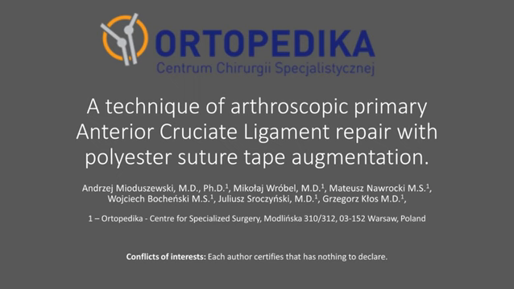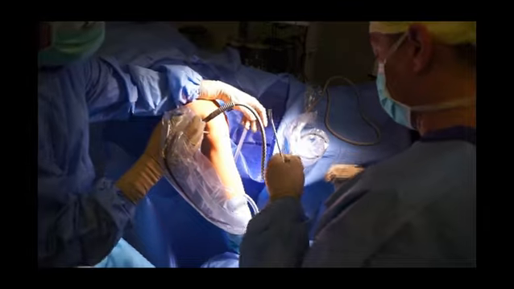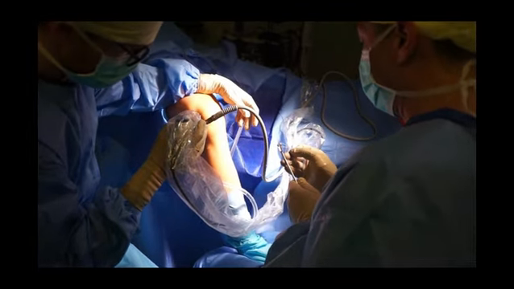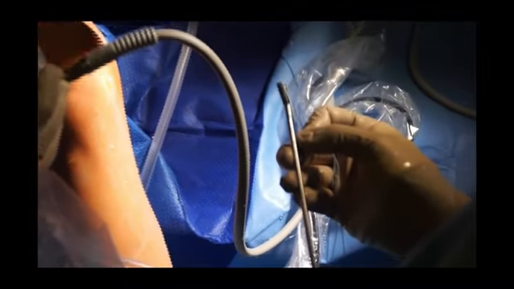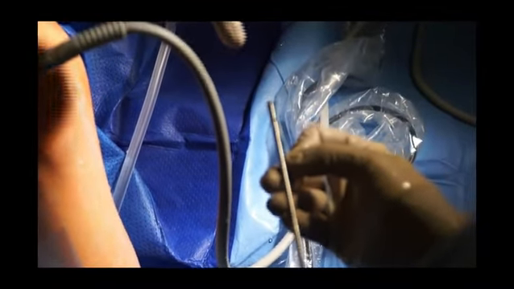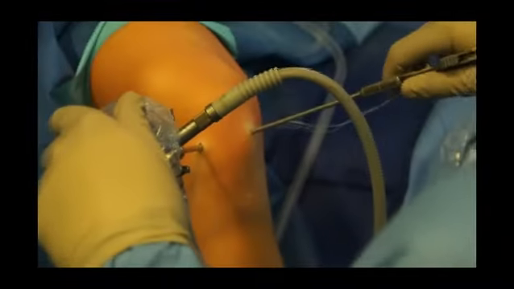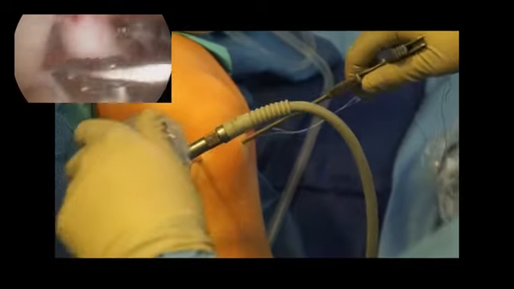We present an arthroscopic technique of internal ACL augmentation with fiber tape suture. For this technique, the anterolateral portal serves for revision and the anteromedial for instrumentation. After inspection of the ruptured ACL and for any concomitant lesions in the joint, the tibial stump of the torn ACL is